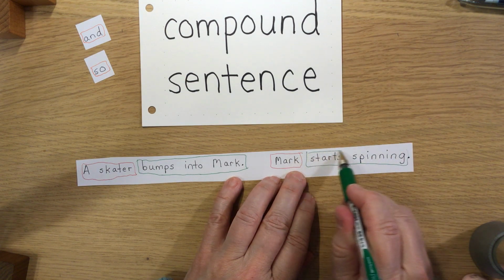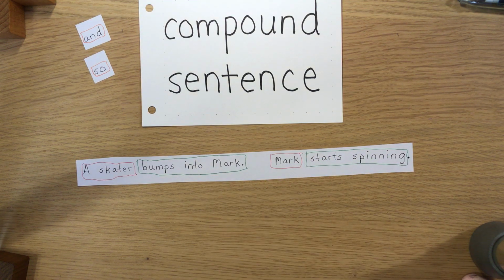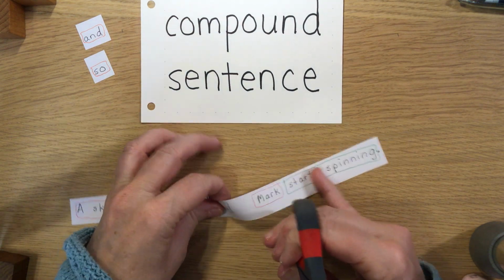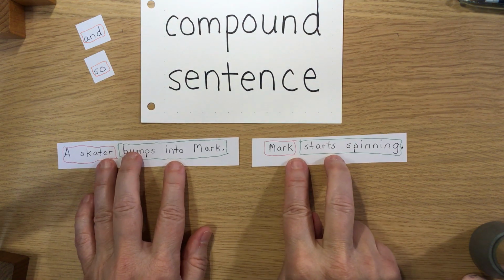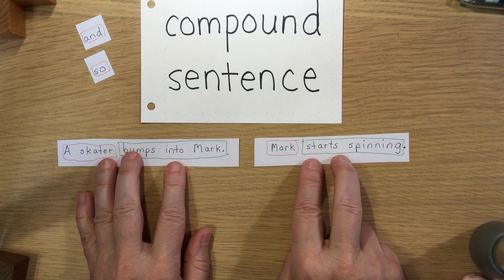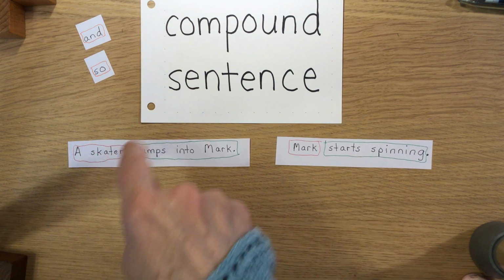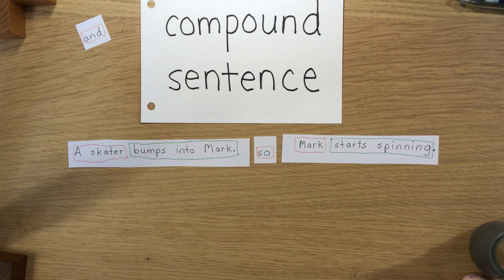So we know that we have two independent clauses. We have two complete sentences. Let's cut these in half. Okay, there's our two sentences. How can we combine these? We're going to use so. And the reason is because,